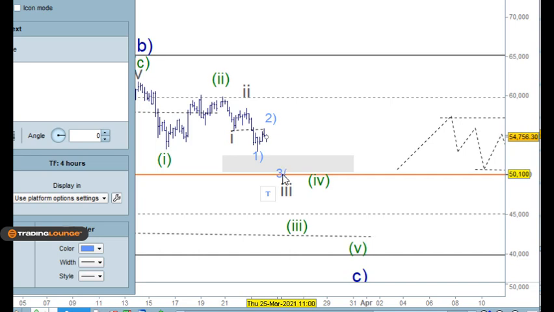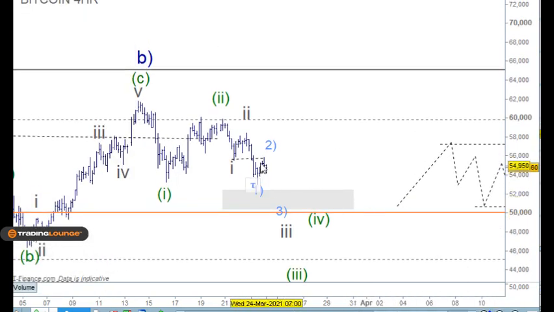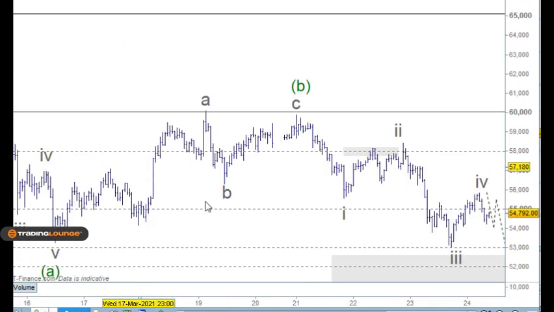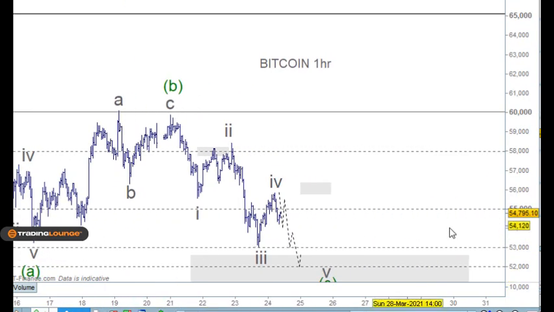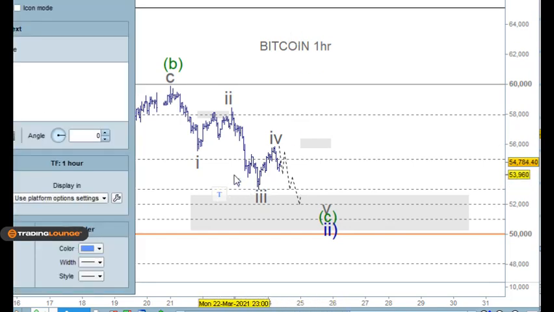So basically playing this out a little bit further here for this. That would sort of satisfy the overlap at that point. But also, what point would that wave 2 be in play? So if we just go back to the 1-hour chart here. If we looked at this as wave 1 here and 2 here, and I'm just shooting the breeze here, don't need to hang around if you don't need to, but